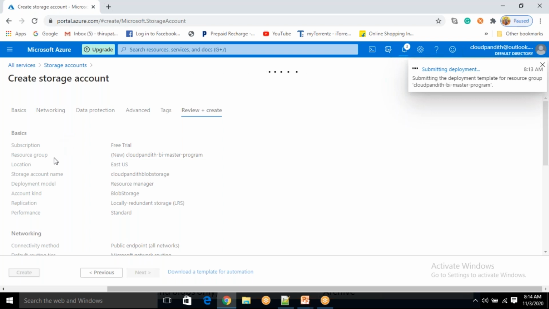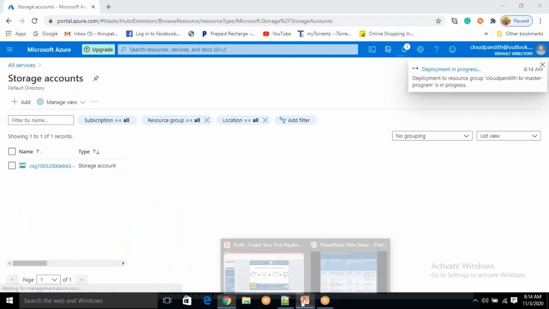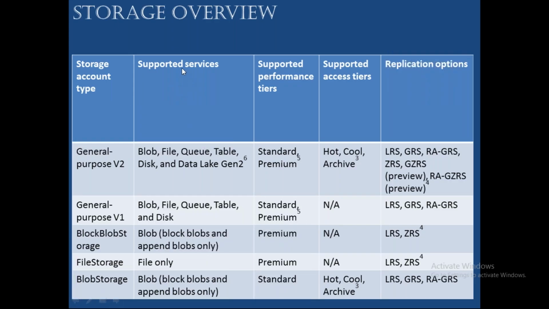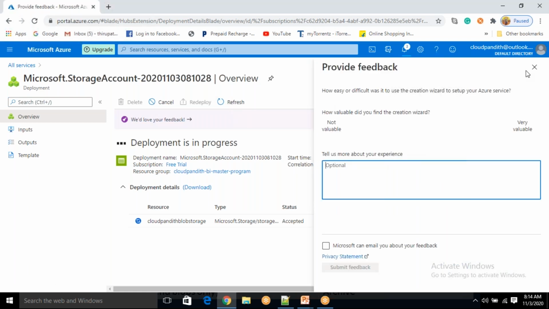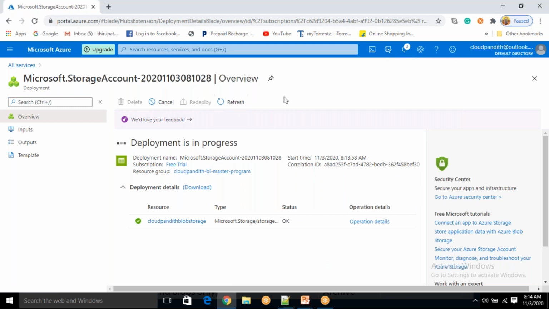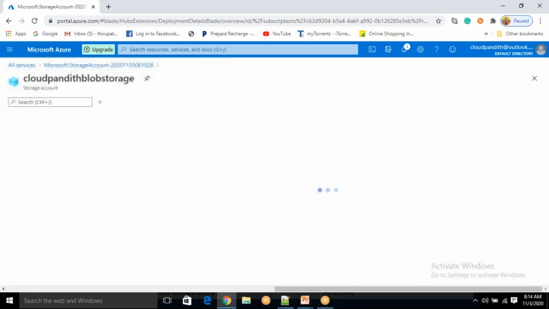Okay, so as we discussed, we created the blob storage. So can you see here, when you create blob storage, what all supported services will be created? Only blob will come. Once the storage is created, I will open and show you what things are there inside. Okay, so let it create. Once it is created, we will create the data factory as well. See, our storage is ready. Just click on go to resource.